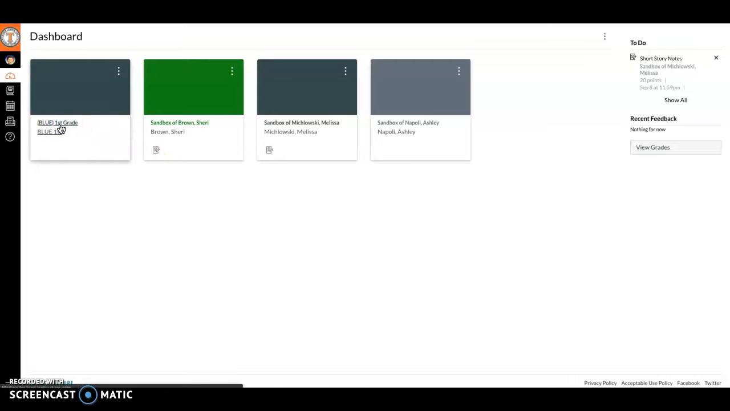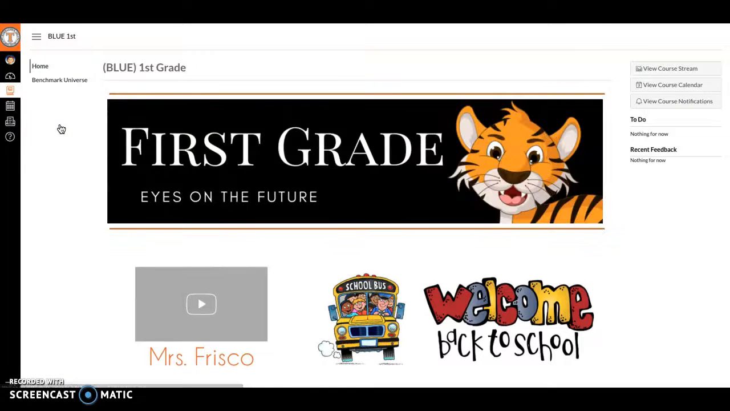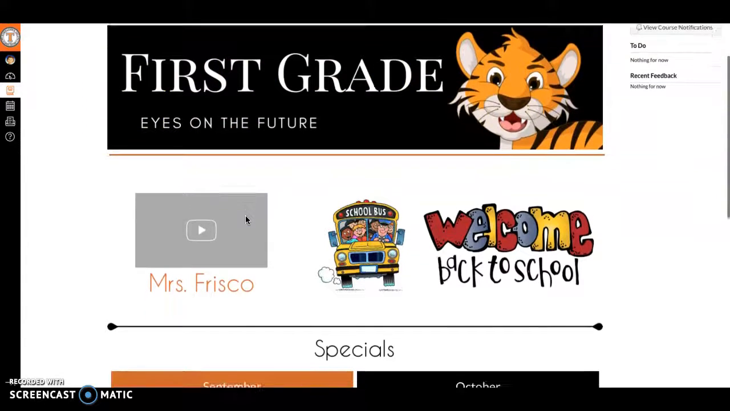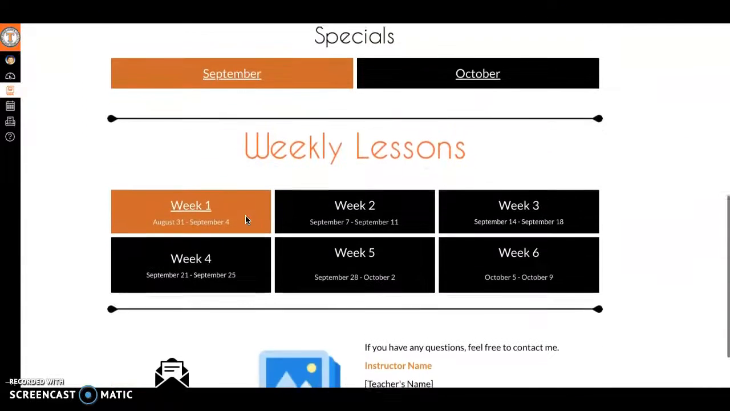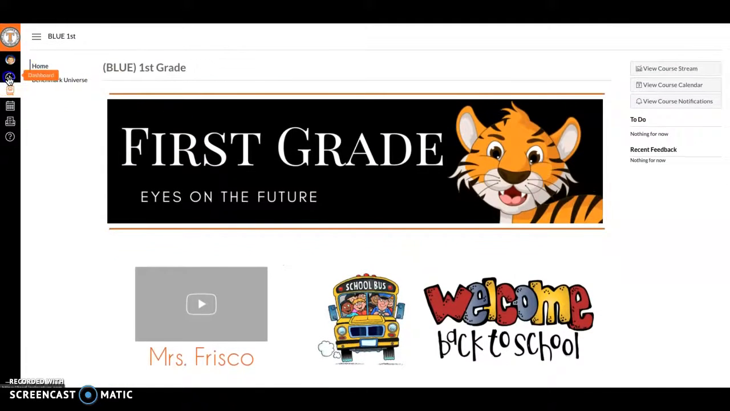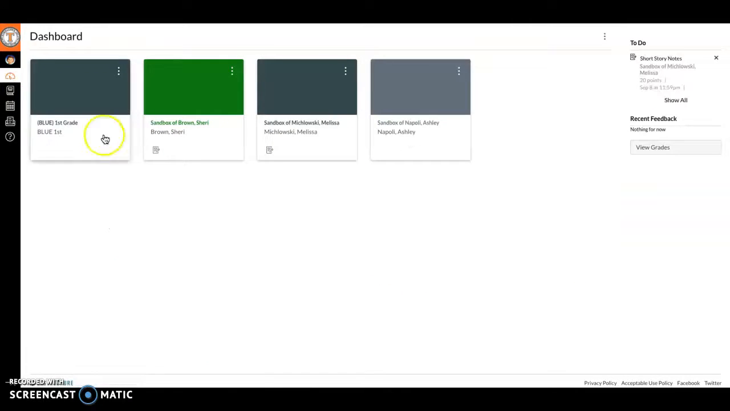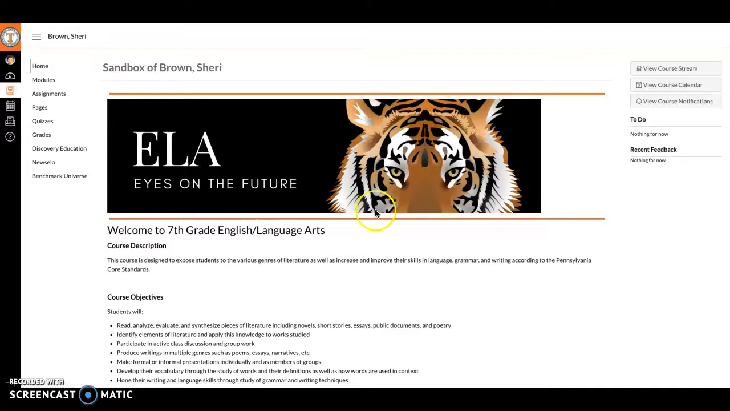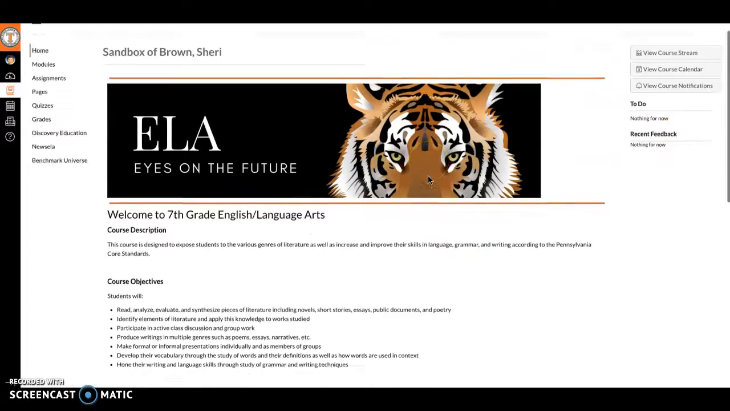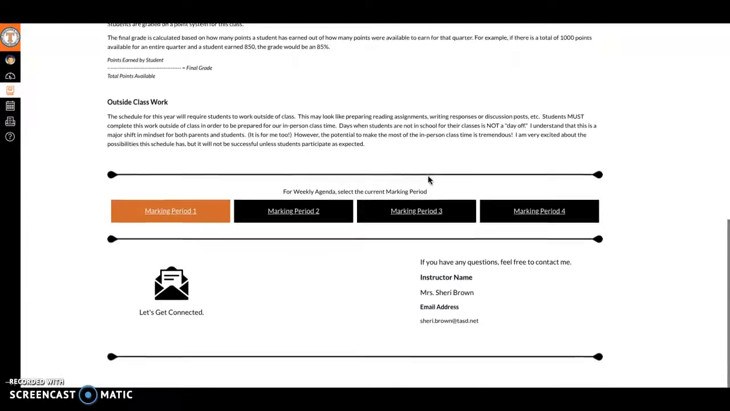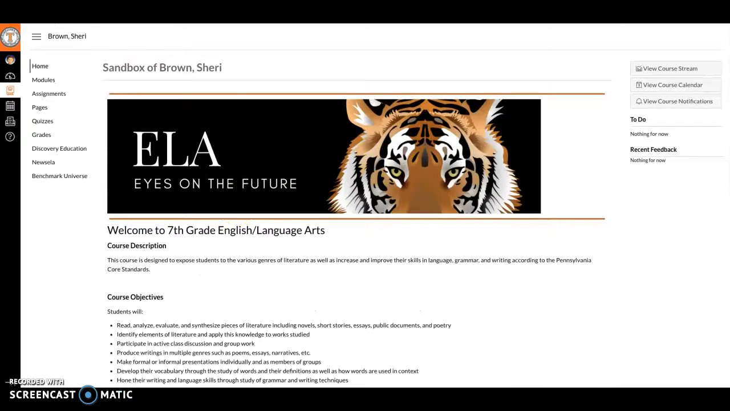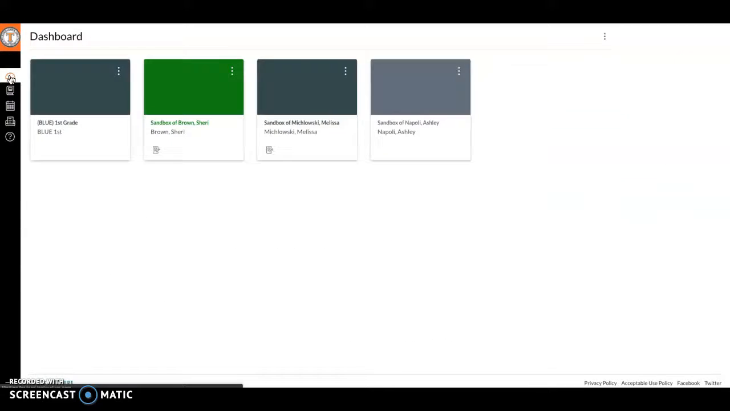I want to show you briefly how the courses are designed. You can see this is an elementary classroom, and the tigers, very youthful, and the icons are very easy for the students to follow. You'll see in the higher level classes, this is an example of a 7th grade student. Their classes have a little bit more mature of a tiger, and as you can see, they have more text because those grade levels, the students